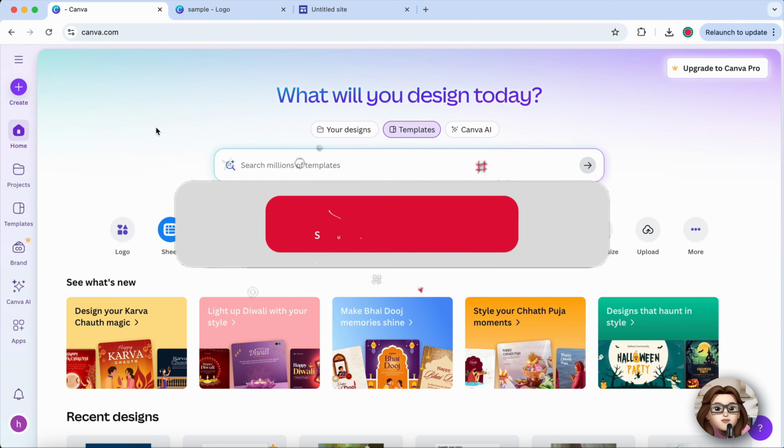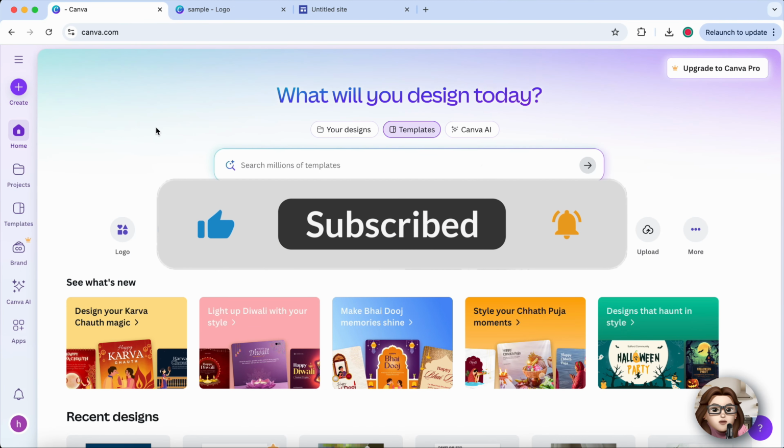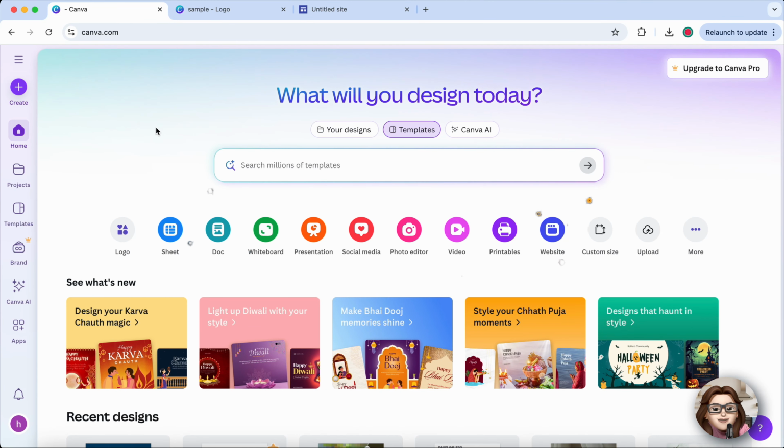In today's video, I'll show you how to embed your Canva design directly into Google Sites so you can share